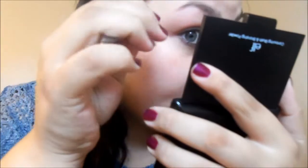Okay, so I got pretty much all the hairs that I could get underneath. Some of them are barely growing in, so they're kind of hard to get with the tweezers, but I got most of them on this eye. So now I'm going to look above my eyebrow. I don't like to tweeze too much above, but sometimes right here in this little arch, I feel like there's some hairs up here that I just